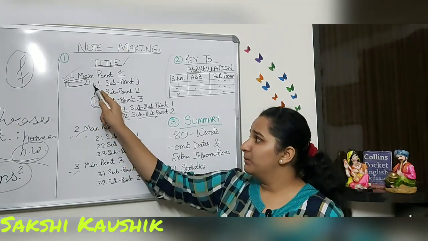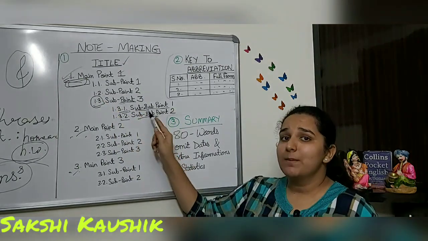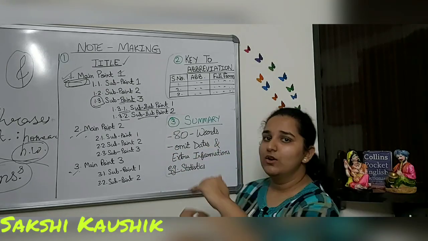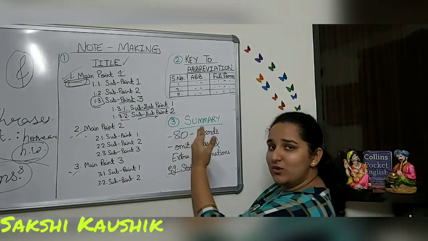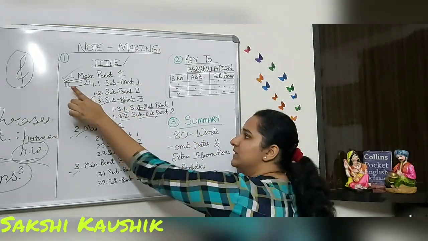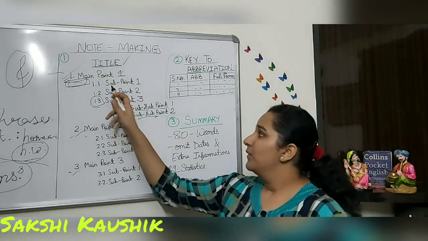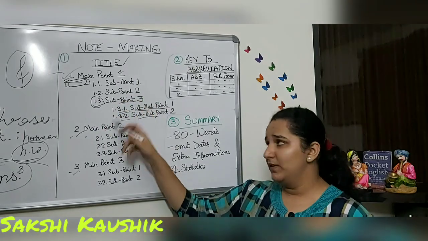The next sub point should be exactly below this sub point. And when you want to write a sub-sub point, it will further go towards your right hand side, or whichever side you are checking your notebook as. So it will go towards this side. So this is known as indentation. First it was near the margin, main point. When we moved on to sub point, it became a little bit shifted over here.